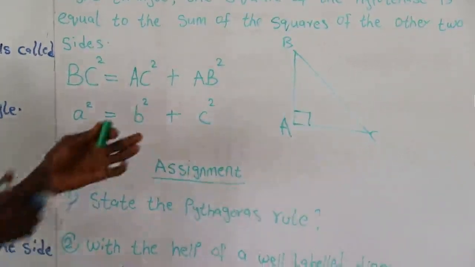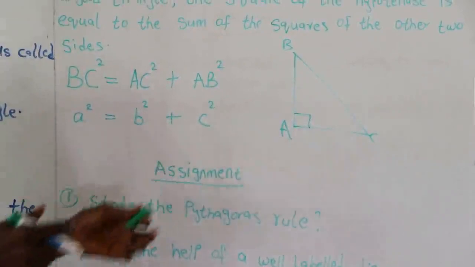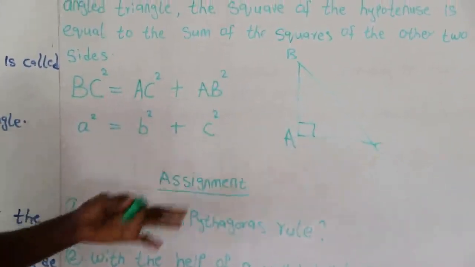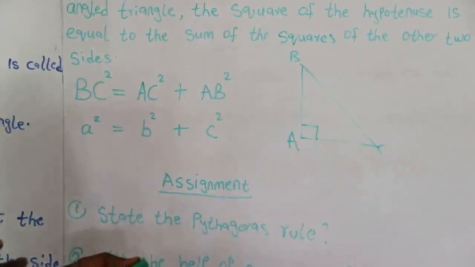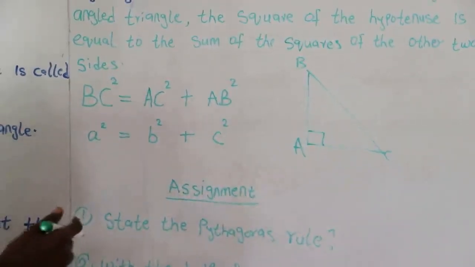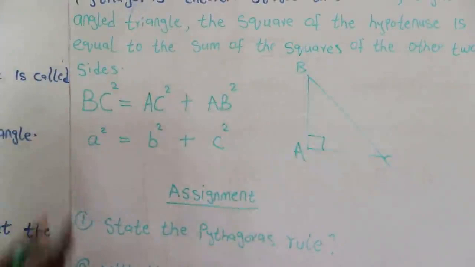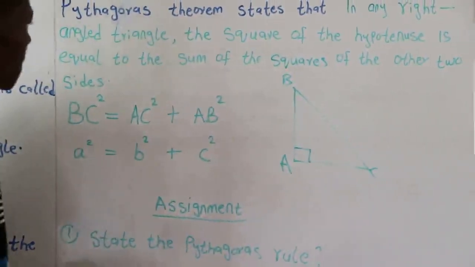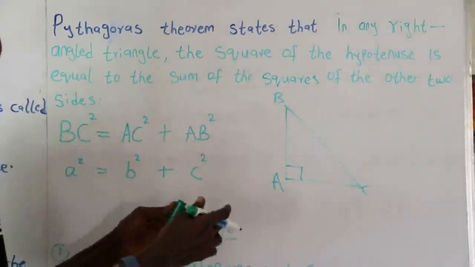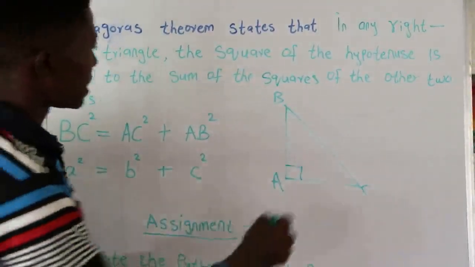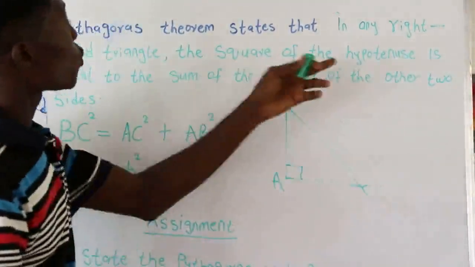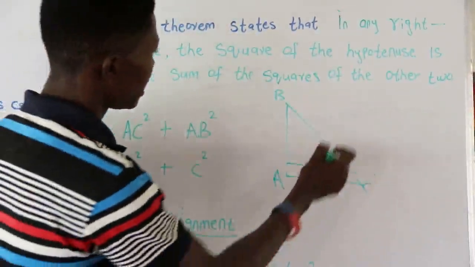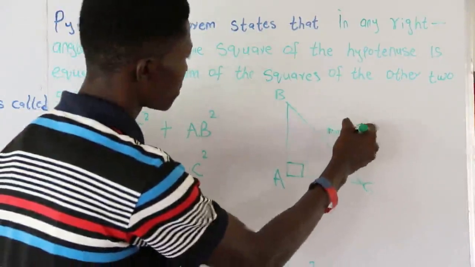sides. Now I can derive this, I can bring it out in two ways. I can state this formula as we're having it here, line by line. And I can also state it side by side. Now, if I want to bring out the formula line by line, we say here is the hypotenuse, the square of the hypotenuse. Now I'm trying to bring it line by line. If here is our hypotenuse,